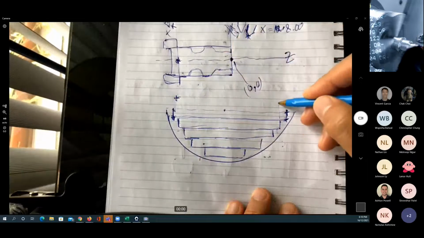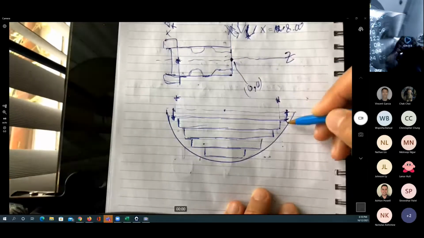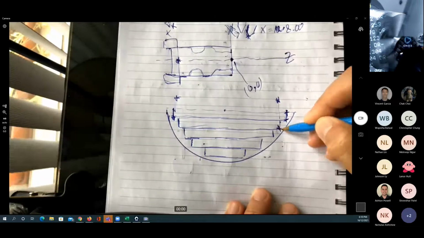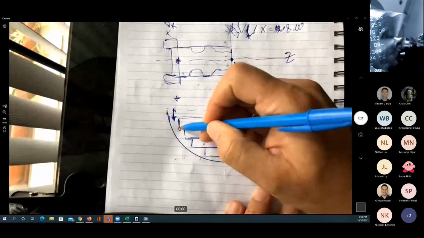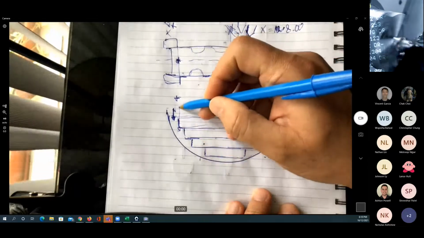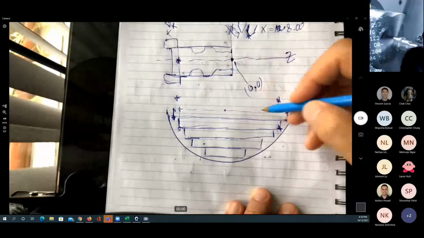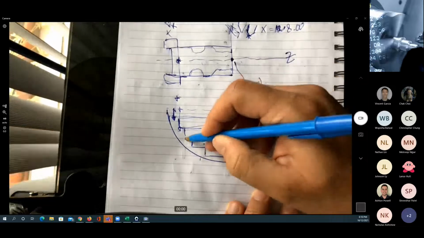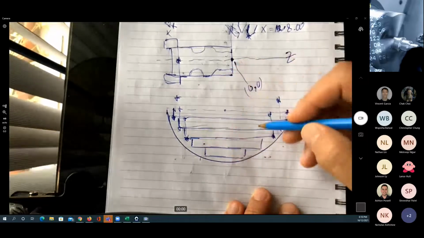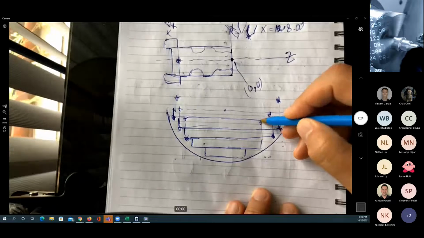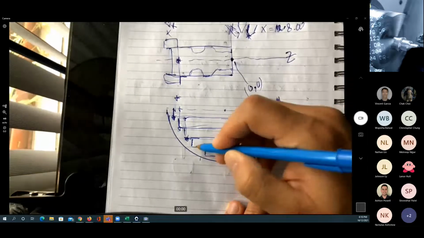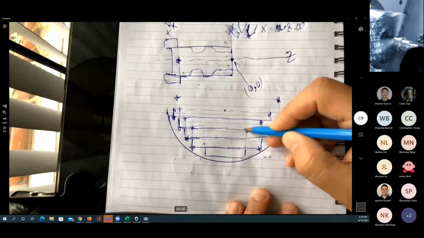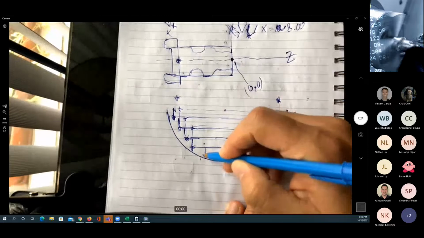I know this process is going to be quite lengthy. 4, 5, and this will be number 6, number 7, number 8, then number 9, 10, 11, 12, 13, 14, 15, 16, 17, 18, 19,